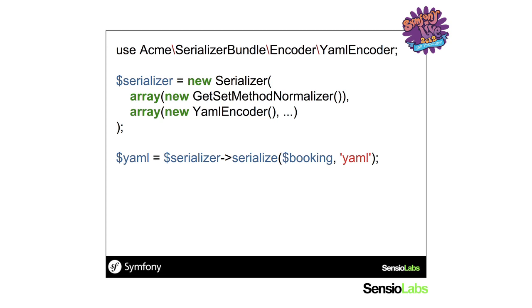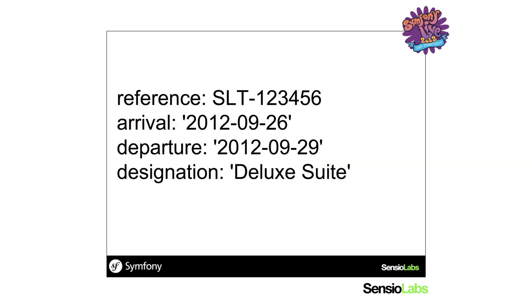My YAML variable contains some YAML description, the YAML serialized value of my object, and I want to decode this YAML string to a PHP array. Then I want to denormalize, I want to recreate the PHP object from the YAML string. As you can see, my booking object has been unserialized,